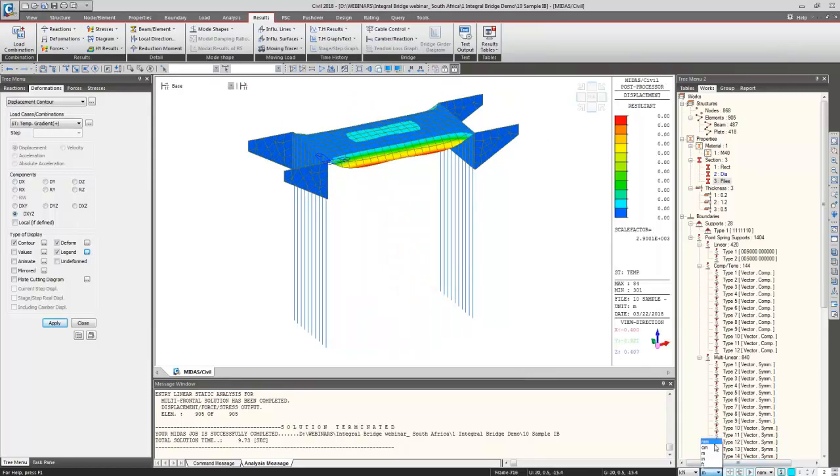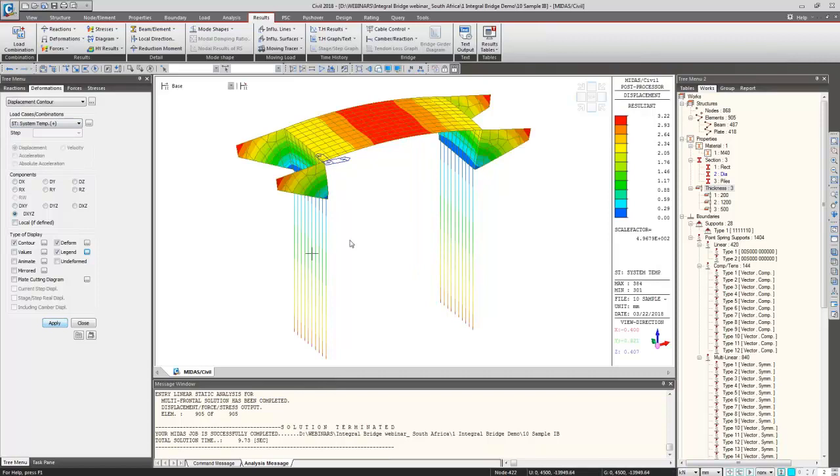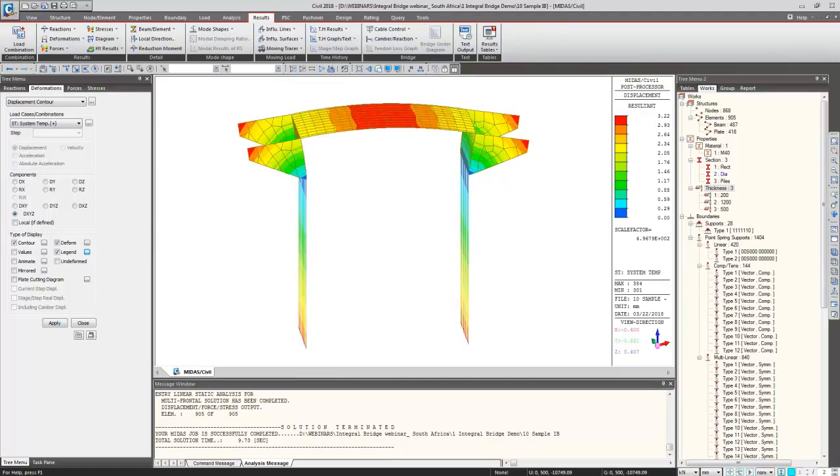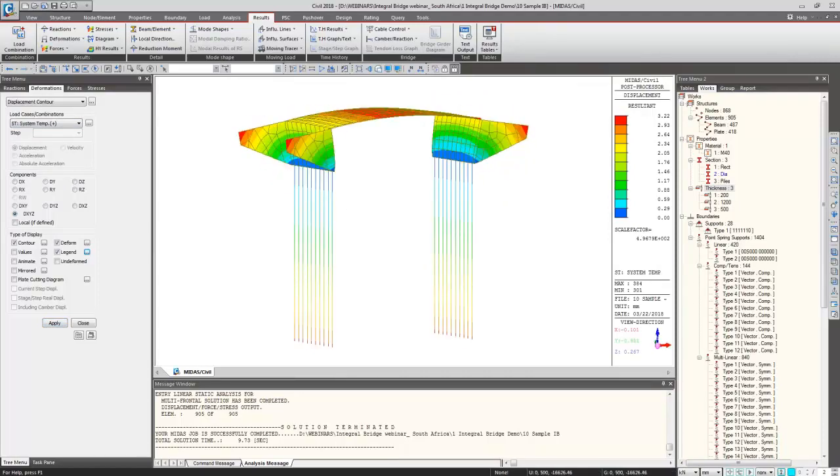So let's select this. It's only 0.5 mm due to this temperature gradient load. Let's see for the system temperature. So there is an increase of temperature. All this deck and the girders started